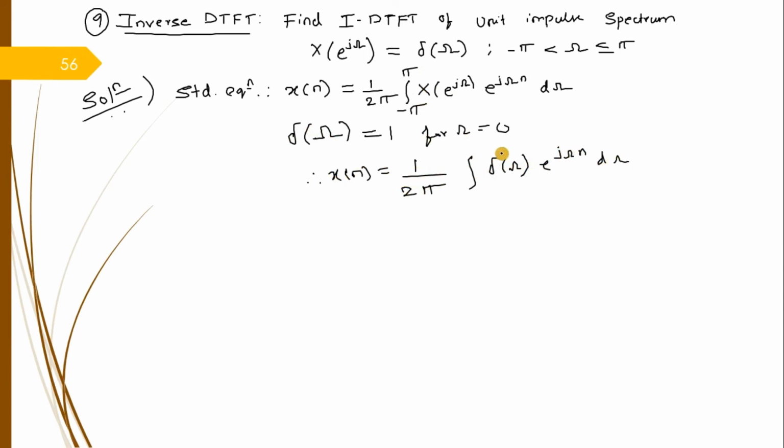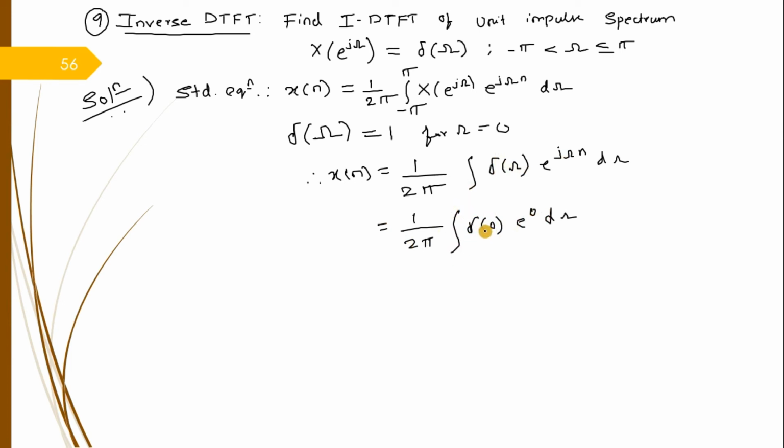So what you get is omega will result in a finite, non-zero number only when omega is 0. So I substitute omega as 0. So this I'll get as 1, this I'll get as delta of 0, and this I'll get as e raised to 0 d omega. So what happens here is